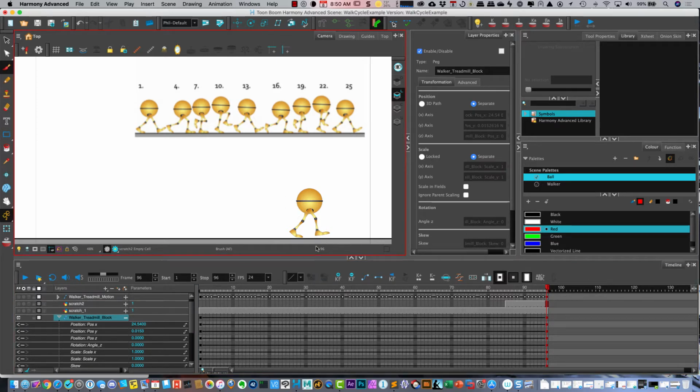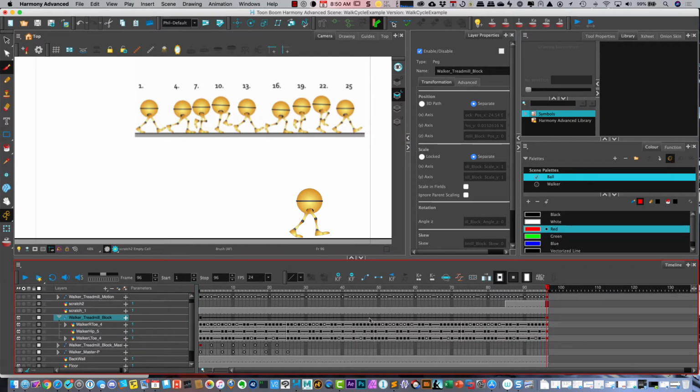So now we've put in the exact number of units in distance that is going to equal, so we get a straight walk and we don't have any ice skating. So let's go ahead and play this and let's see if it worked out. And that looks pretty good. Like I said, I've got some knee pops and some other issues with my legs, but the feet are not